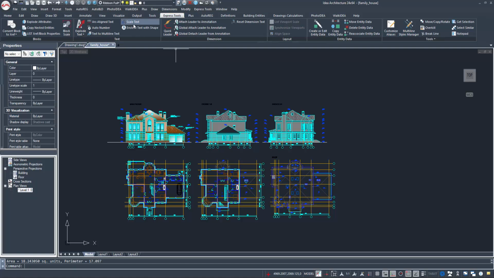Express tools. In the Express tools, it is worth focusing on the Explode Attributes command, which provides the ability to break apart the attributes of a block, maintaining the layers and converting the values into text,